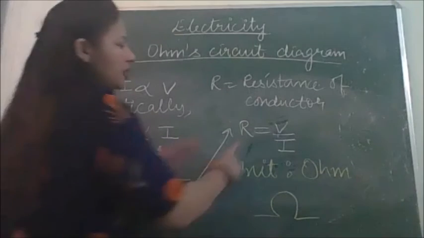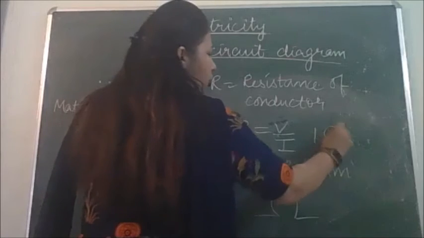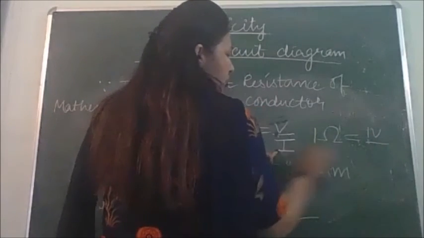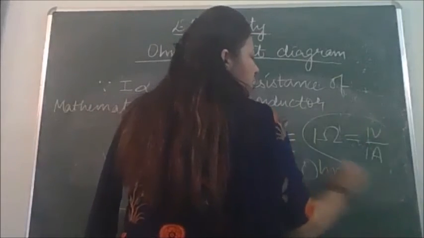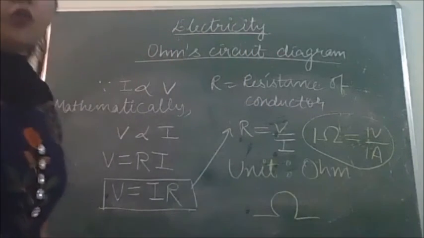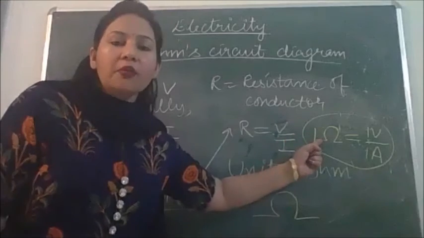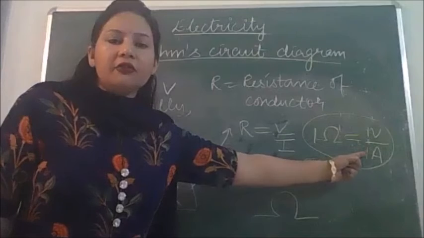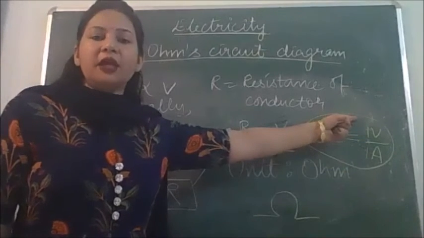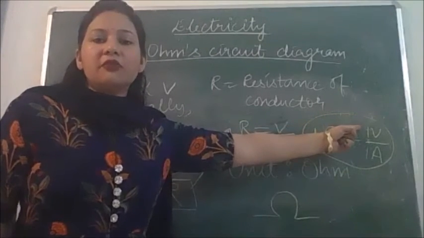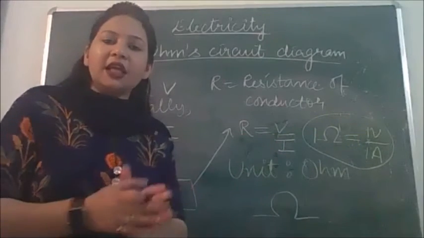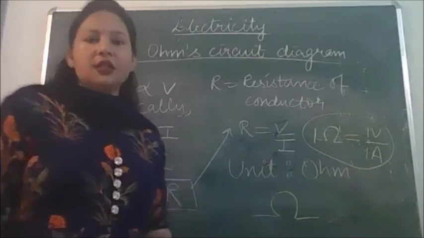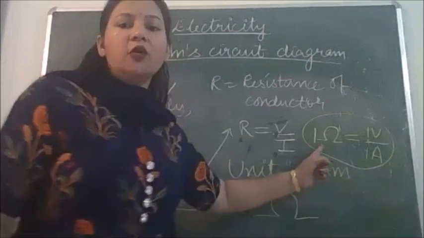So if in the formula I write resistance 1 ohm, so 1 ohm will be 1 volt over the unit of current, ampere. So this is how I can define 1 ohm. 1 ohm is the resistance of a conductor through which 1 ampere of current flows on maintaining a potential difference of 1 volt between the ends. बस हमने ये बता देना कितना करंट फ्लो कर रहा है, कितना पोटेंशियल हमने दिया है, तो रेजिस्टेंस कितना होगा. ठीक है.